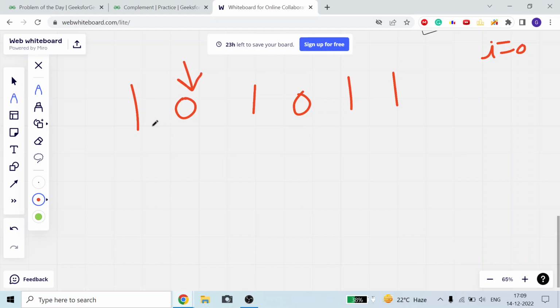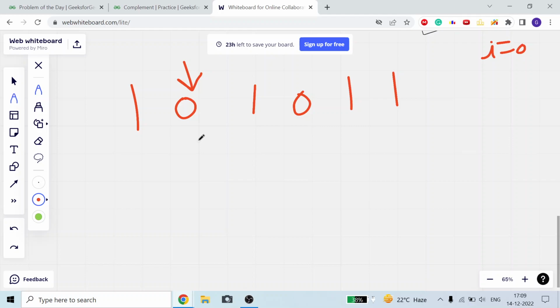Why? Because if there are some 1s at my starting, why would I take them? Why would I convert my 1 to 0 when I don't need to? Why would I decrease the count of my 1s? So I will start from my 0, because my motive is to convert as many 0s to 1 as possible.